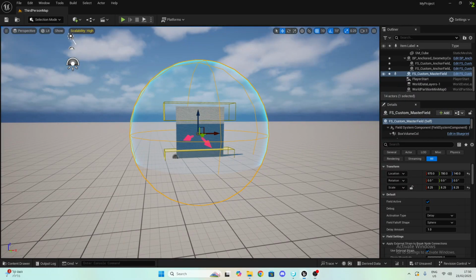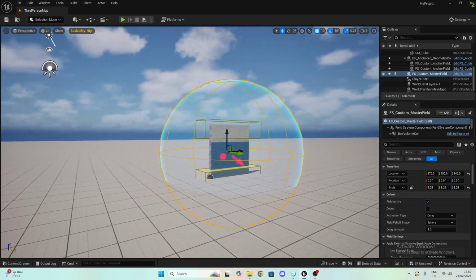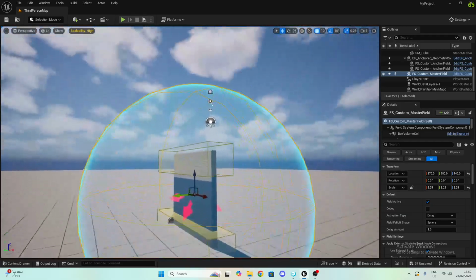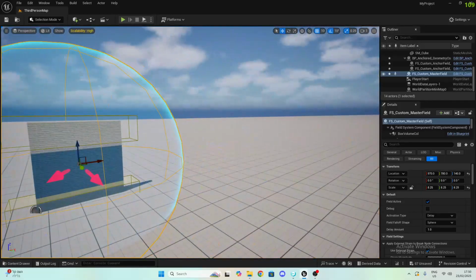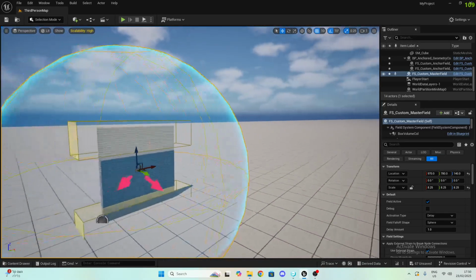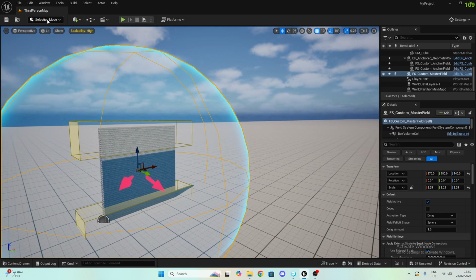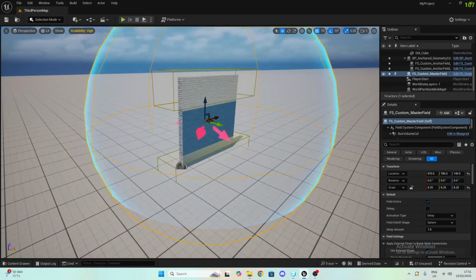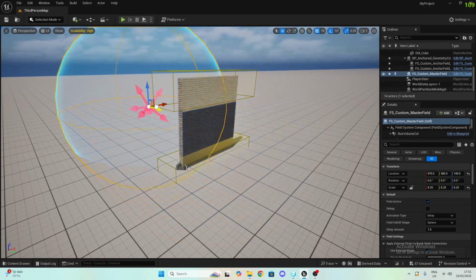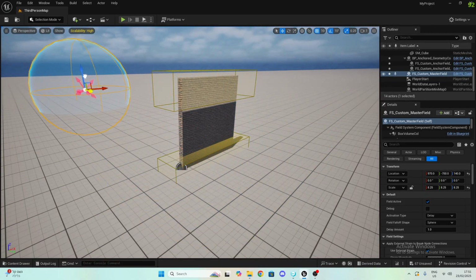Welcome to the fourth part of our tutorial series on how to break stuff using the destruction system in Unreal Engine 5, which is the Chaos destruction system. And today we are going to build a blueprint that will